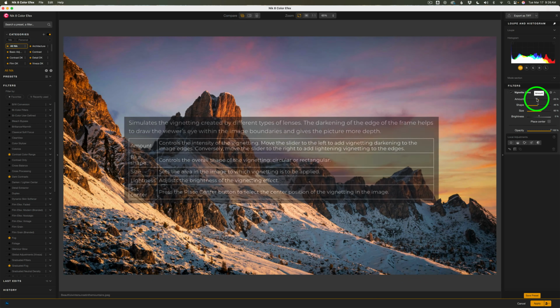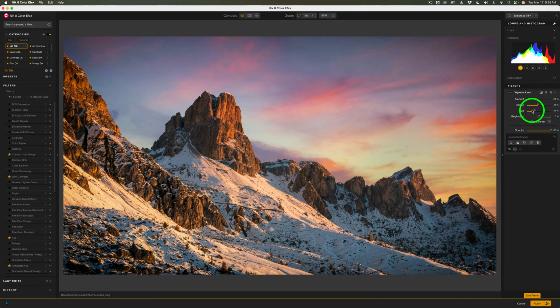In this video, I'll show you how to use this filter to create a natural lens style vignette that looks clean and intentional. And I've got several different examples in this video so you can see how it works on